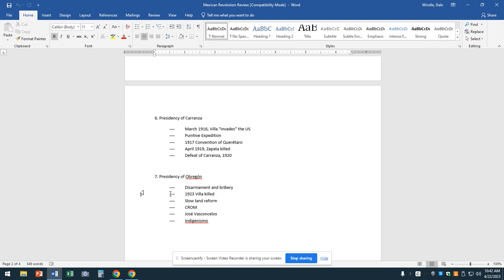The Cristero Rebellion occurred under Calles' presidency because he was the most anti-clerical of the revolutionaries and really angered the church. And so you had some kind of crazy radical Christians who fought this Cristero Rebellion. Calles basically puts a series of puppets over the 6-year term that Obregon would have filled. So he rules for 10 years. And this is called the Maximato because he was known as the Jefe Maximo, the big chief, the maximum chief.